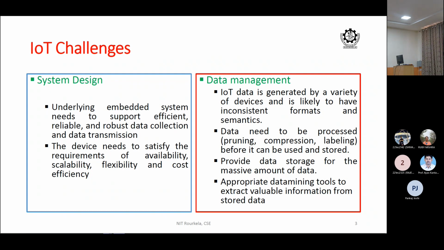Then comes the blockchain. Then you have the data now. You have collected the data, processed the data, and there is a mechanism to store the data. Then what do you do with the data? The data needs to be retrieved. The moment you have to retrieve the data, you need an efficient data mining tool to retrieve the data that you have stored. But the problem with the data mining tool is that if you have image data or video data, the data mining tool may not be efficient at processing images and videos.